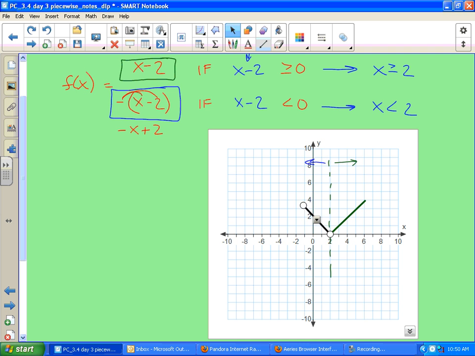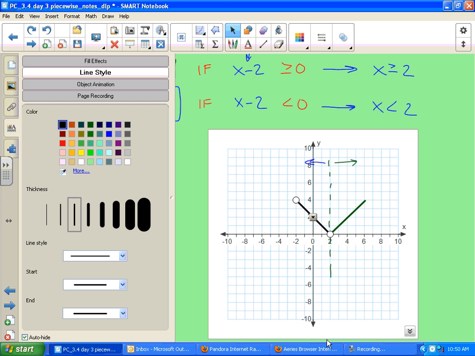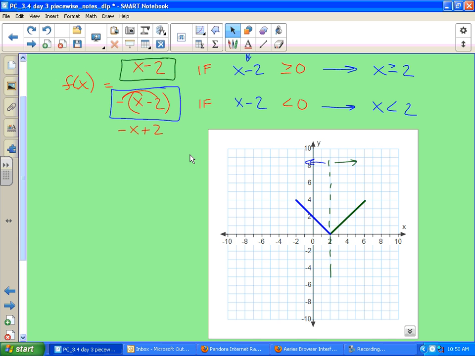Sorry to just stretch it out a little bit here. There we go. We get that side. And look at that. Created a V. These both have arrowheads because it says greater than or less than, so they just keep on going. But there's your piecewise function,